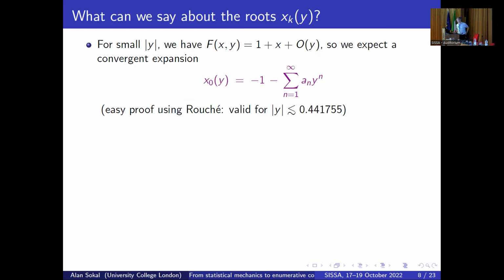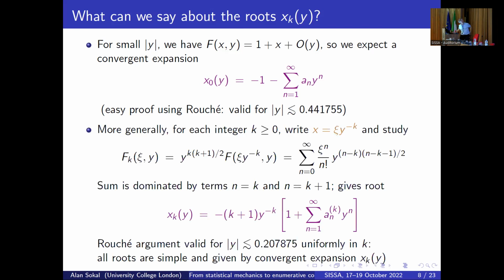Namely -1. So at small y, there ought to be a root which is -1 plus corrections. And this ought to be a convergent expansion. You can compute it. It's a kind of perturbation theory. It should be a convergent perturbation theory. It is. There's an easy proof using Rouché's theorem that at least for y less than this number, this series